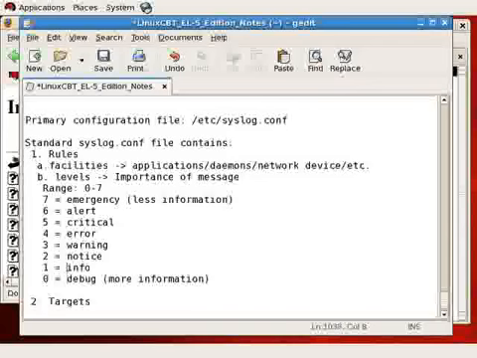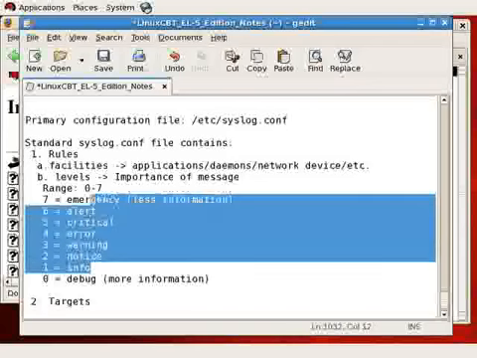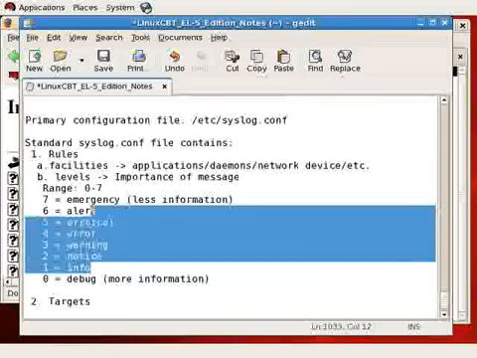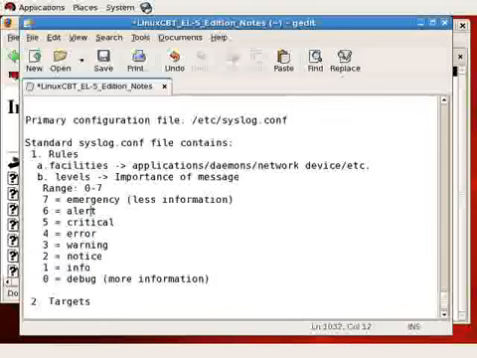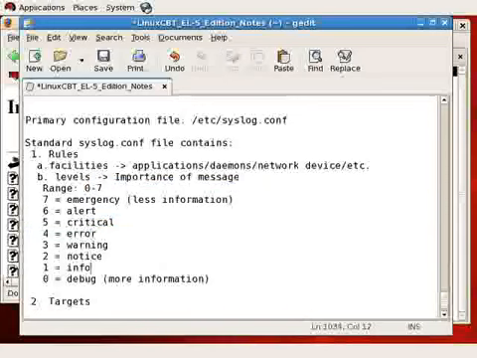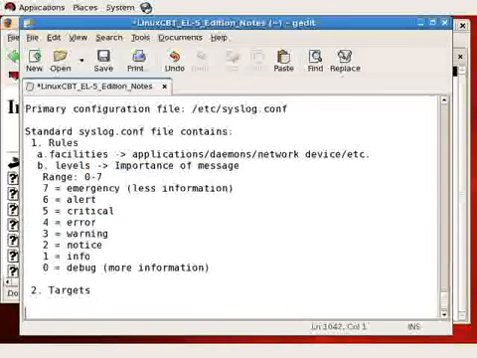If you log at debug, you'll receive all messages info and higher. If you log at info, you'll receive all messages info and higher, and right up the chain up to emergency. So if you log at the critical level, you will not see error down to debug, but will see critical up to emergency. And that's how syslog facilities work. So with that said, let's discuss targets. Targets tend to be the following: file, such as